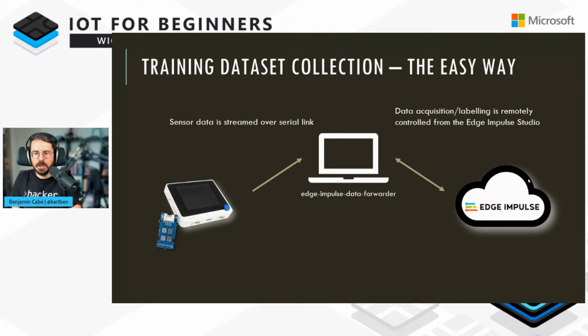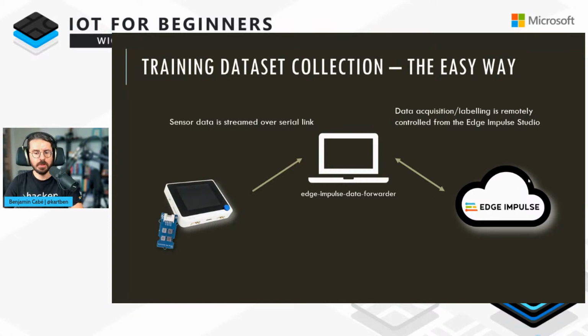Because at the end of the day, it's not just a handful of data points and sensor readings that I need to manipulate to potentially train an AI model. It's literally thousands and thousands of data points. And so using Edge Impulse and the Edge Impulse tooling, the idea would be that I would start by programming